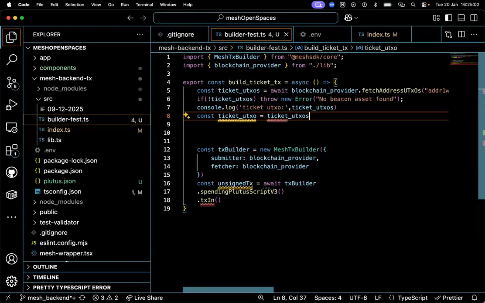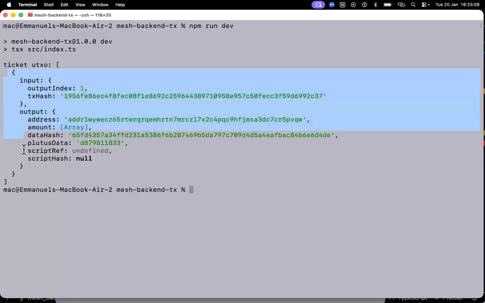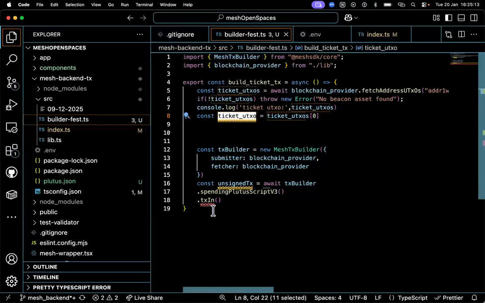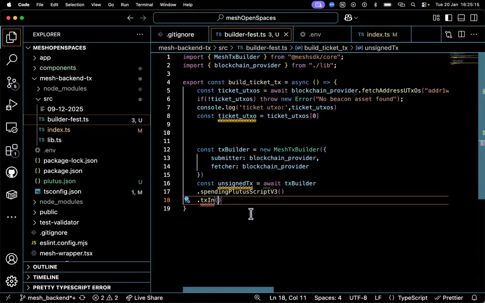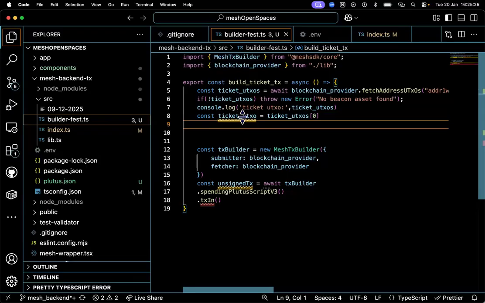You can get UTXOs at output index 0, and we'll be picking this first UTXO in the array. I think you can already get the transaction hash and transaction index out. Ticket UTXO zero dot the transaction. I just want to make it explicit enough that we are picking the first UTXO.